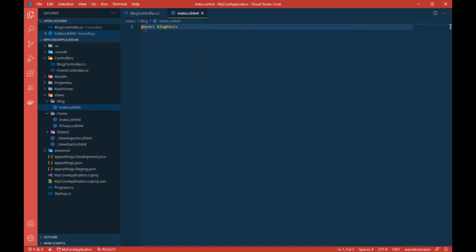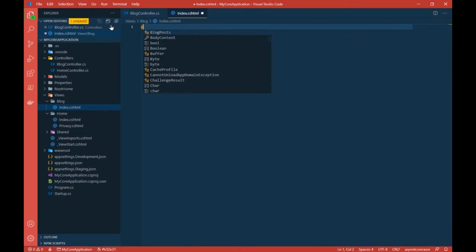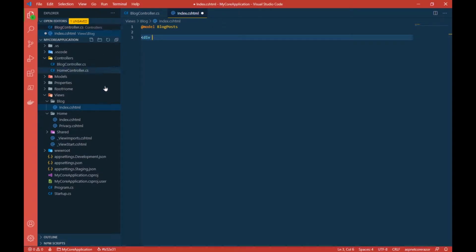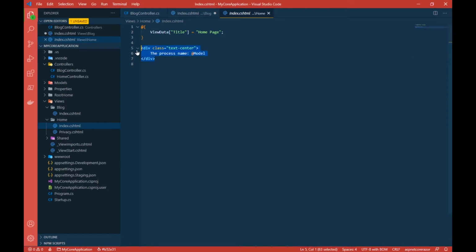All the C# code in CSS/HTML starts with an @. So if I write model directly, it will not work. I have to write @ and then model, and then say which model's instance this view should expect. So I'm telling it blog post.